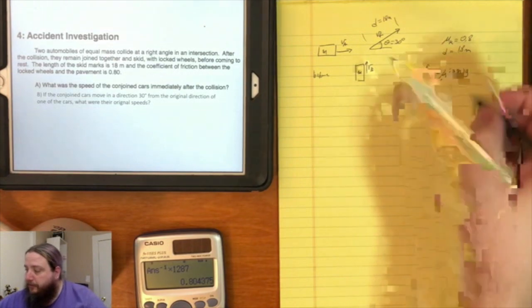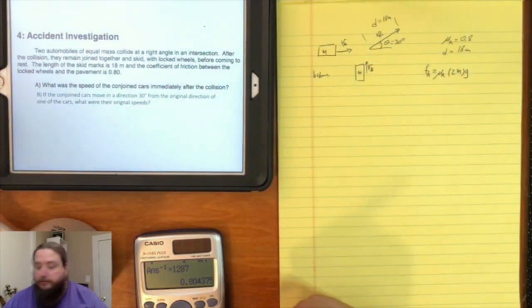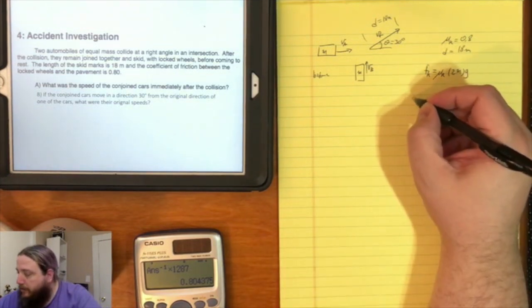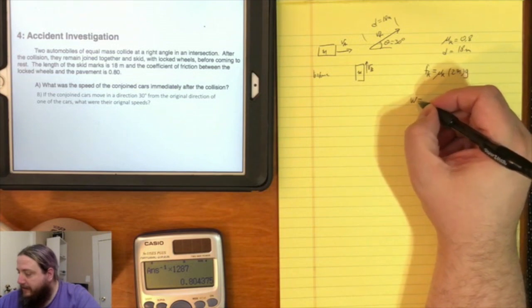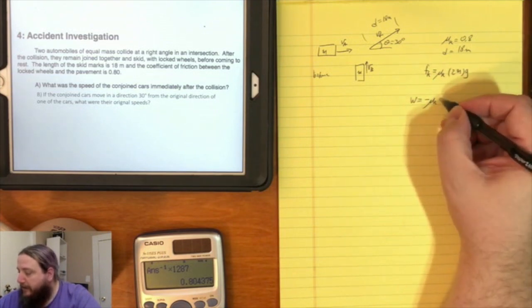And the frictional force is going to be in the opposite direction of motion, as is typical for friction. So we can say that the work done is going to be minus the friction force, mu k times 2mg,